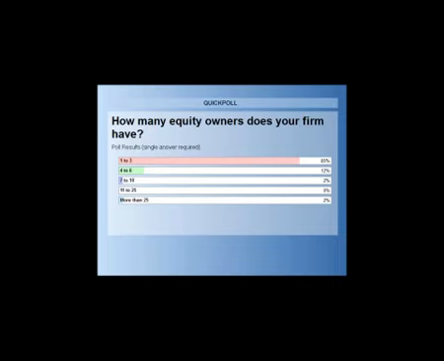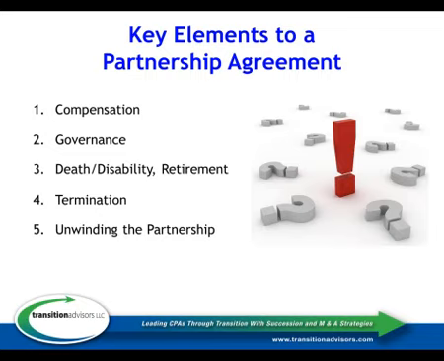Okay, thank you. There's probably a specific reason why you're interested in this topic and what we're going to talk about today. Some of the typical issues that we deal with firms regarding their owner agreements are that a lot of firms don't even have an agreement. Those that do may not be comfortable with how they deal with compensation amongst the owners within their agreement. A big issue nowadays as firms deal with succession planning is how to bring new partners into the firm.